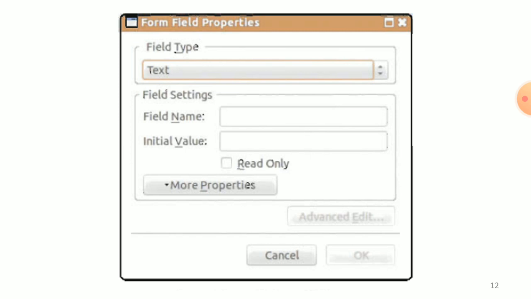The form field properties dialog box appears, and the drop down menu shows various input field type options which we discussed earlier. Then click on More Properties. It shows advanced properties related to the field like field size, maximum length and so on. That is the form field properties, add form field.